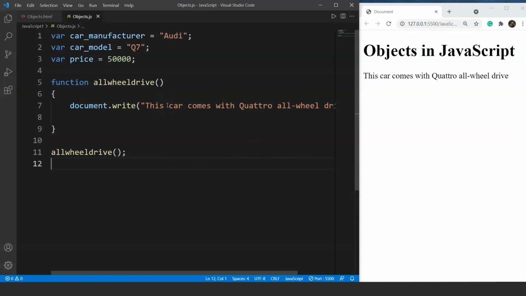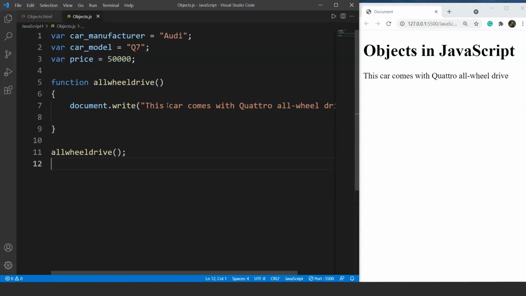The problem occurs when we have a list of cars. Let's say that we have to maintain 100 different cars with all the data of car manufacturer, car model, price, and then we have different behaviors for different cars. Not all cars have the all-wheel drive property.